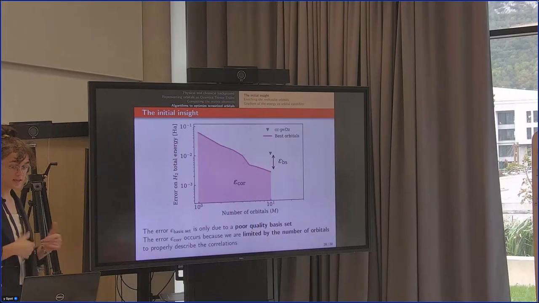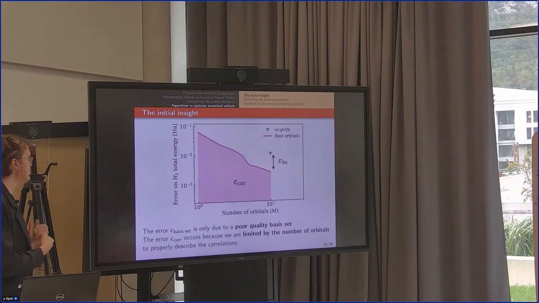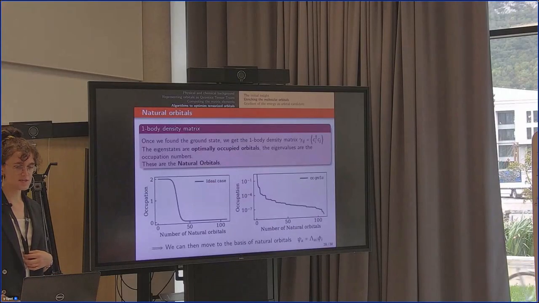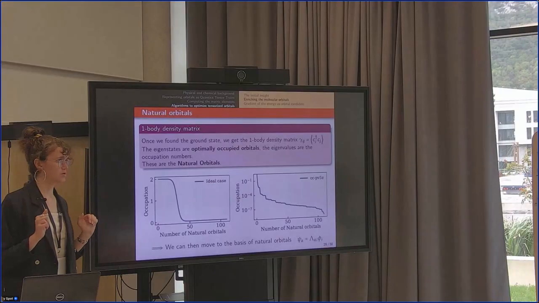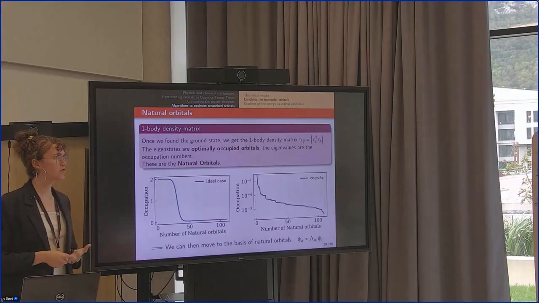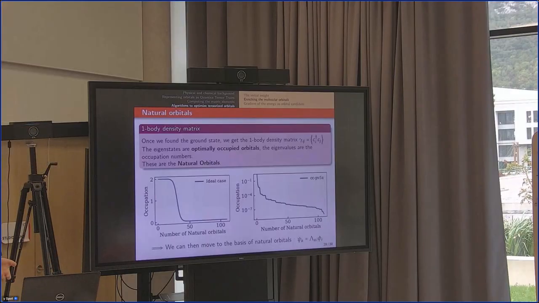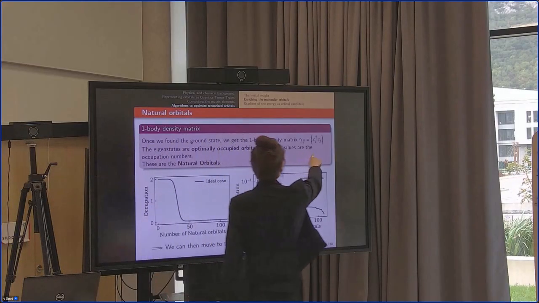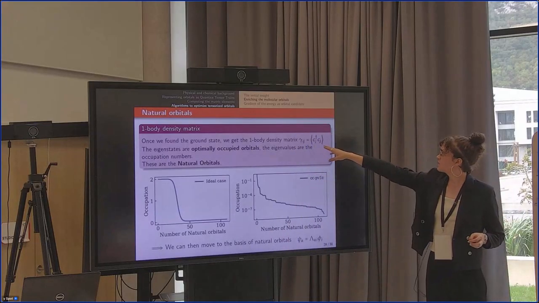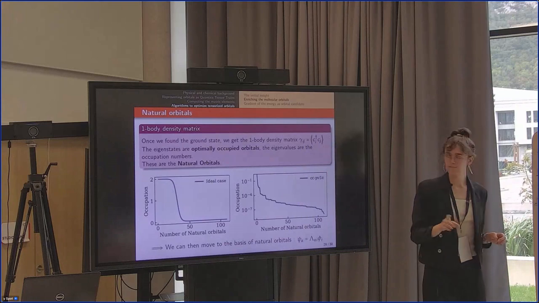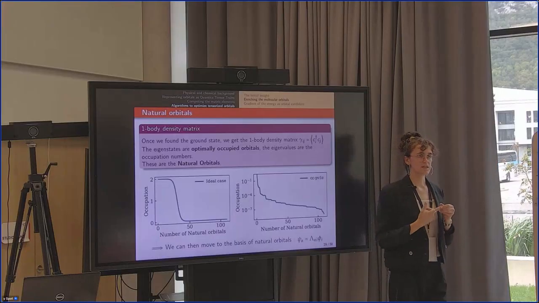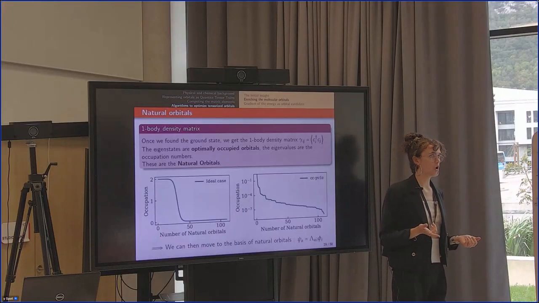The goal is really to get rid of the responsibility of the basis sets in the error. So let's see how we do this. The trick is to compute what are called natural orbitals. To compute natural orbitals, we use an object that can be computed once we solve the problem. Once we find the ground state, we can compute this matrix, which is called the one-body density matrix. It's like applying c_i dagger c_j on the ground state. And this matrix, if we diagonalize it, we get that the eigenstates correspond to the optimal states.